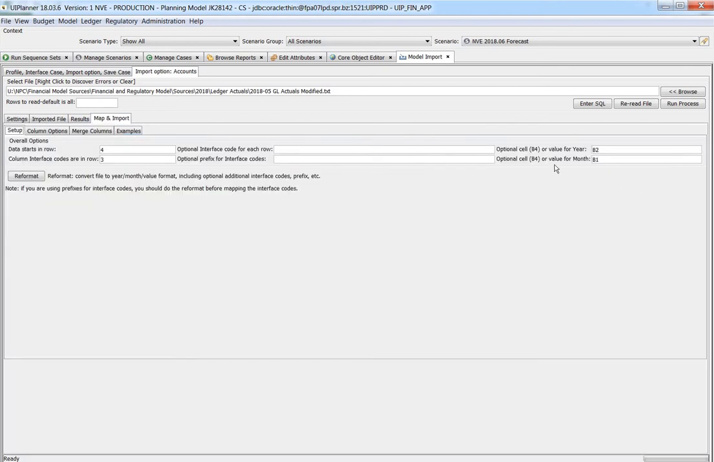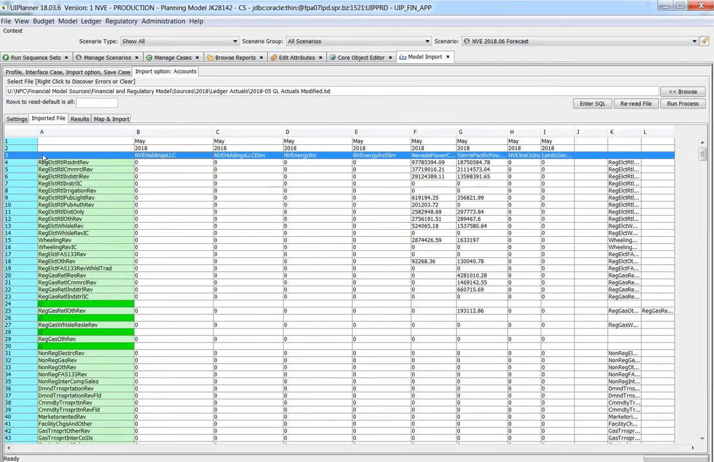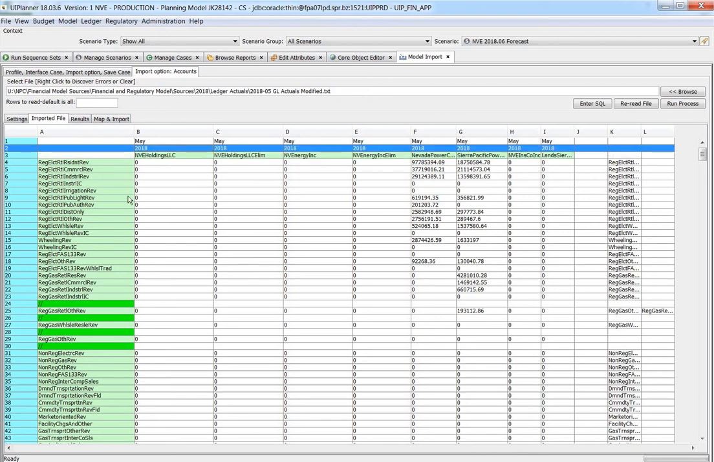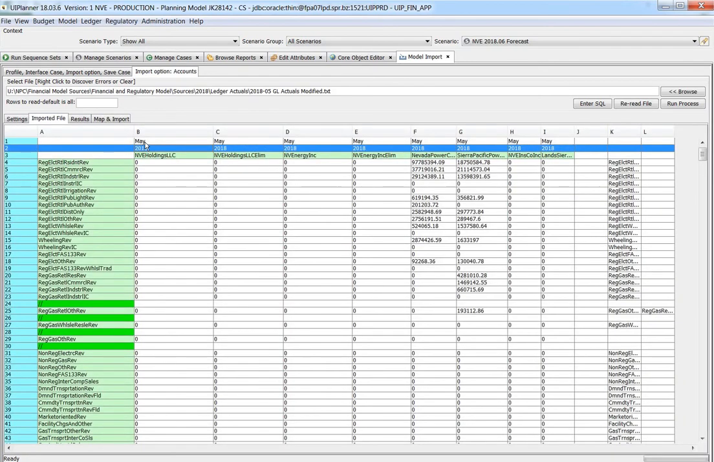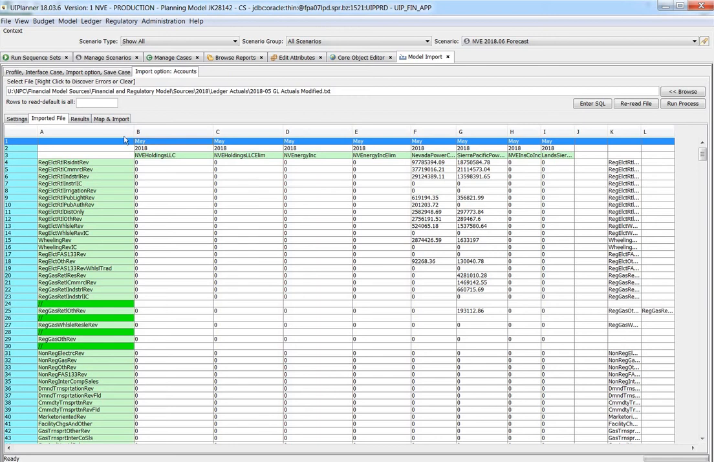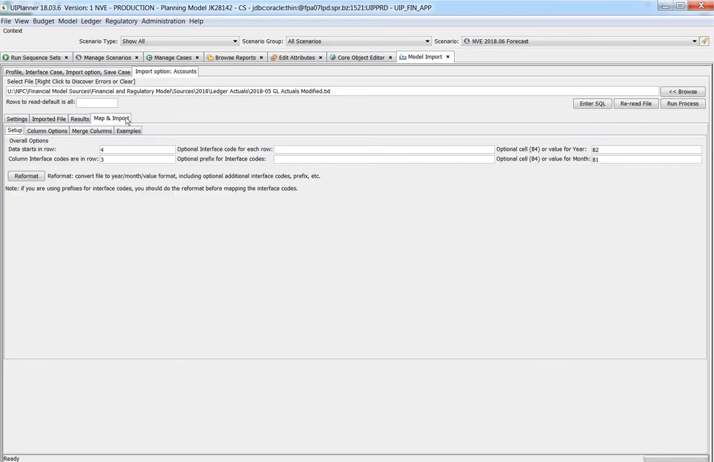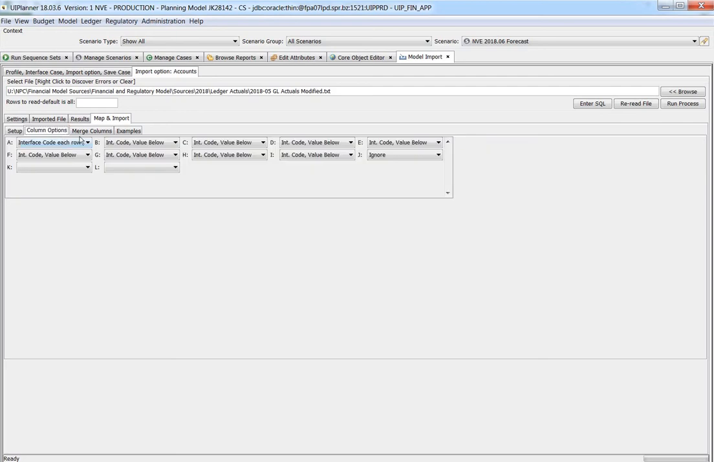And then it also says optional cell B4 or value for year. And this time I have an override that says B2. So we go to B2, right there. Has 2018. Value for month, B1. Right there, B1 is May. And so that actually has that. And then there's all these